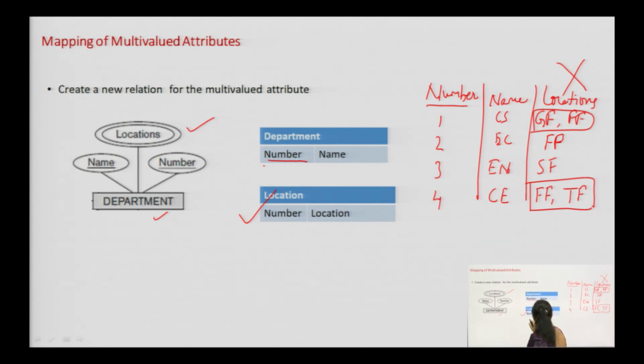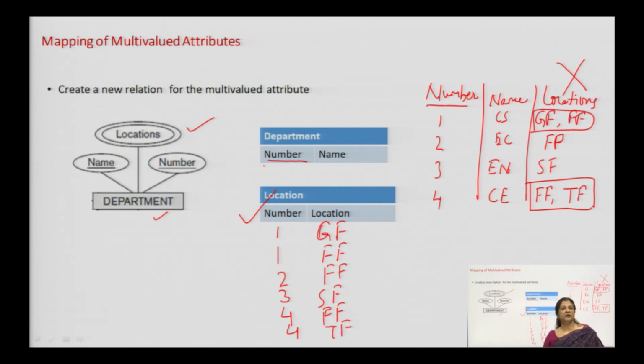So, now let us say 1 has a location on ground floor, 1 has a location on first floor, 2 has a location on first floor, 3 has a location on second floor, 4 has a location on first floor, and 4 has a location on third floor.